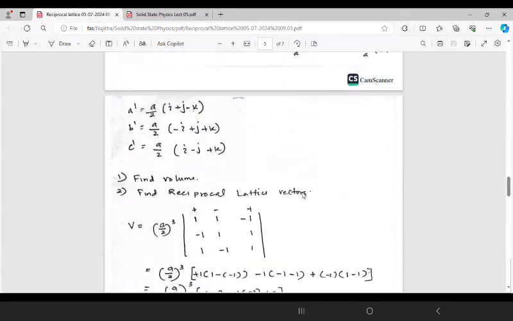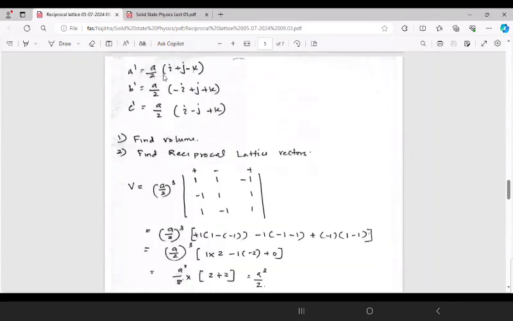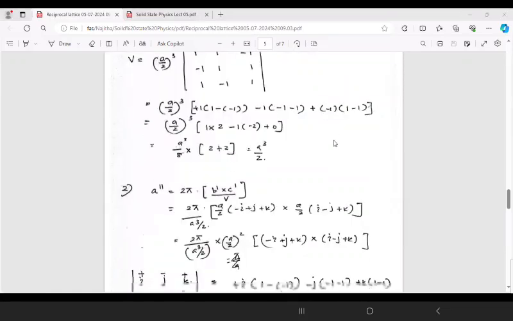shall we do this question? a dash is equal to a by 2 (i plus j minus k). Did I do this question in the last lecture? Students, did I do this question in the last lecture? Please tell me. I don't remember because I'm teaching for 2 batches. Yes, you did. So,